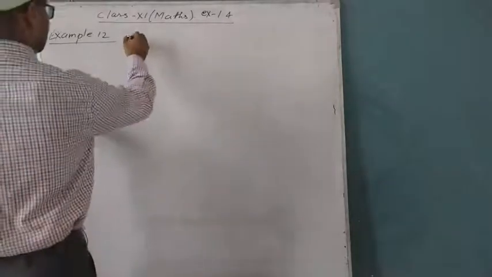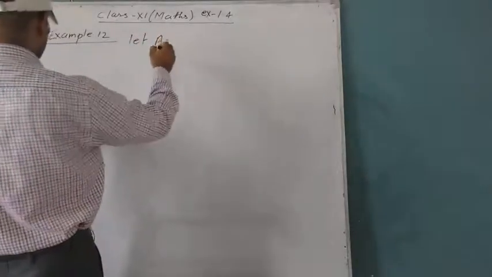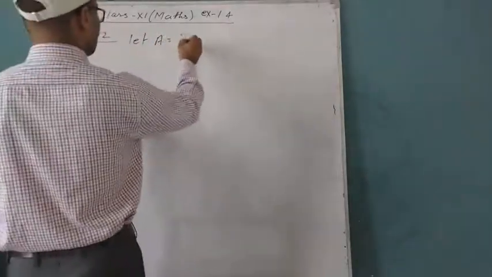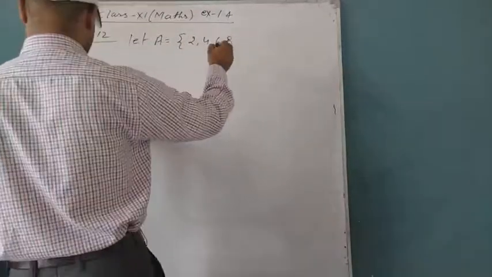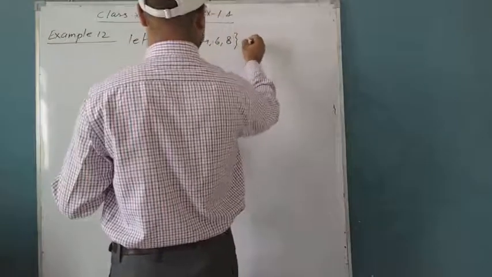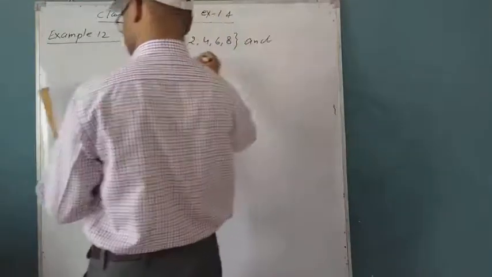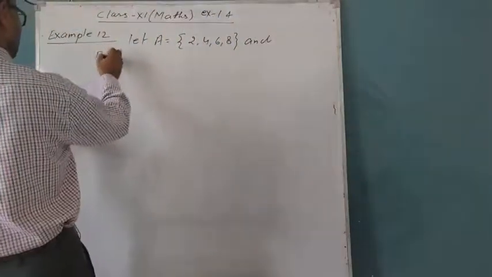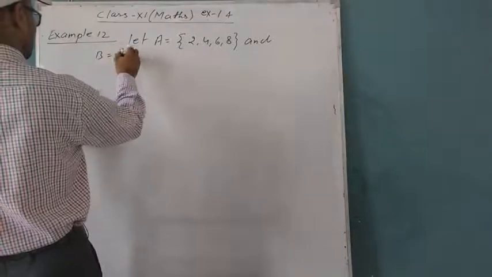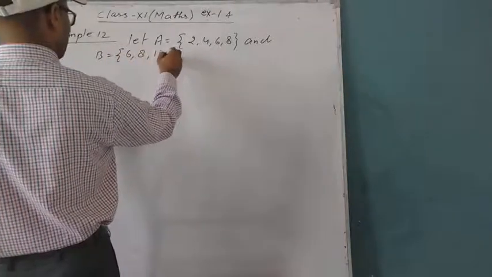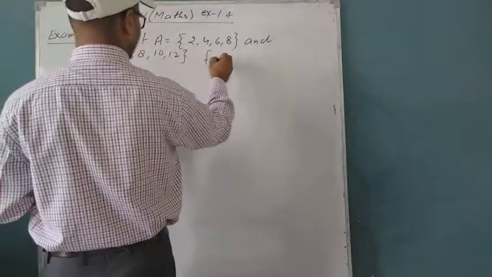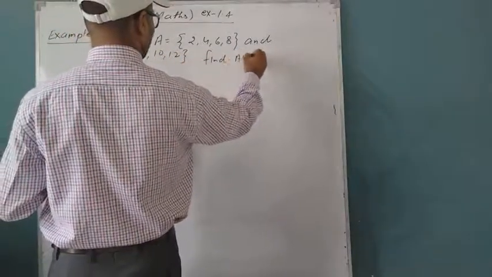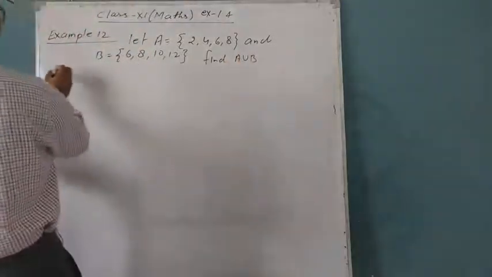Let A is equal to {2, 4, 6, 8} and B is equal to {6, 8, 10, 12}. Find A union B. And solution,